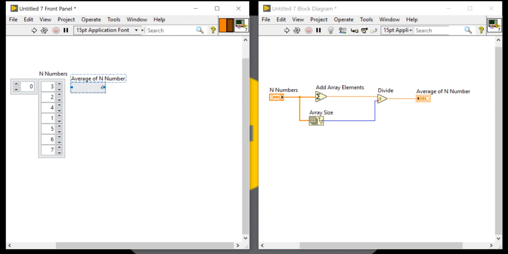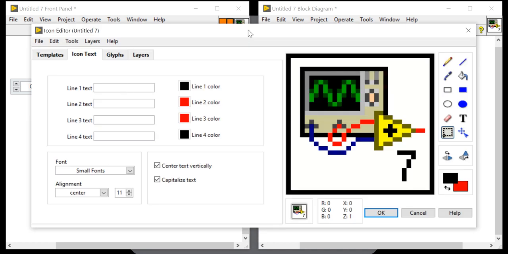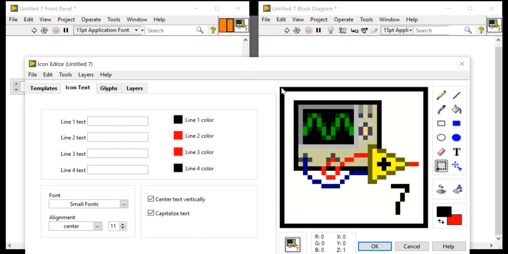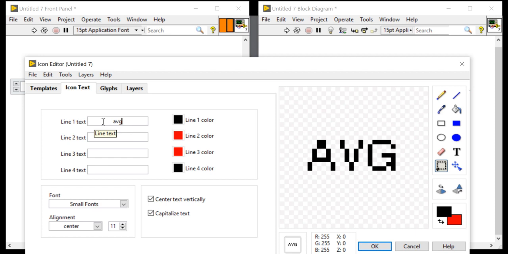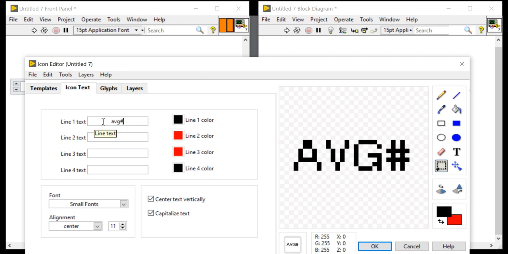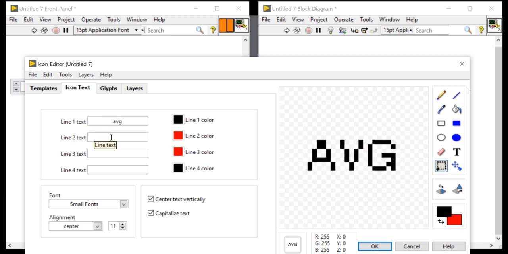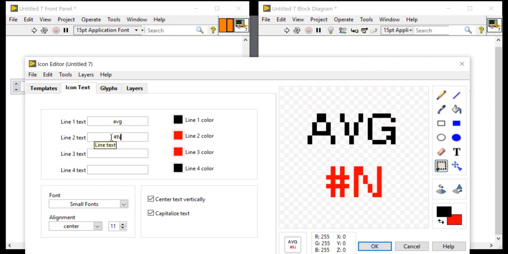Okay, now right click, edit icon, select all and delete. After that, avg slash n.